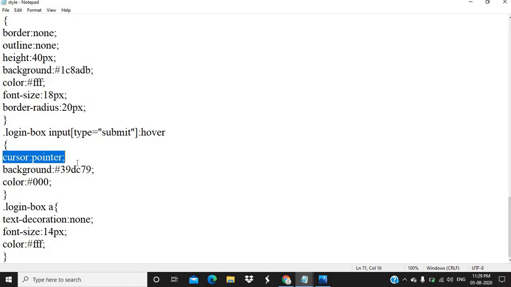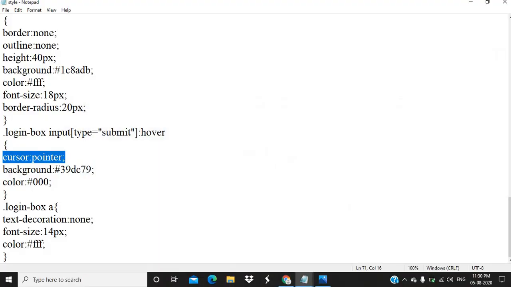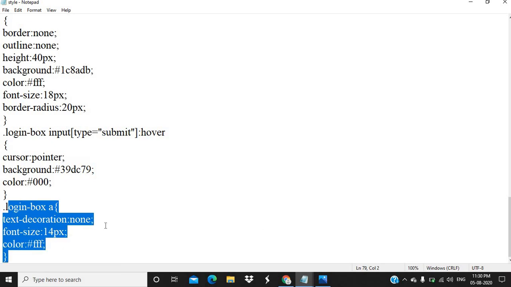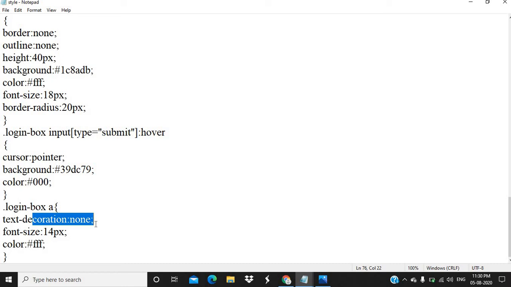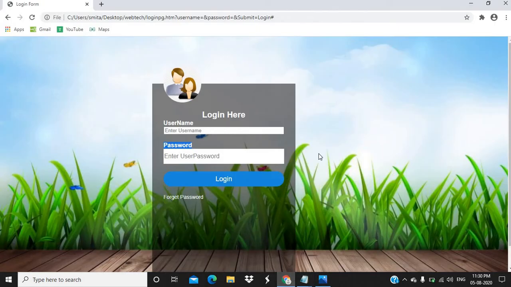Now over here the cursor pointer is nothing but the pointer effect which gets applied to that particular box. Background color you can decide. Now I am giving the code for pista green color, so that's why it is appearing in that color. I am not giving any effect for my box, that is text decoration, none is there. If you want, you can give a different font style for it. Size is 40 and color is white. Once you complete your style sheet and you view it through your web page, this effect gets applied to your page.